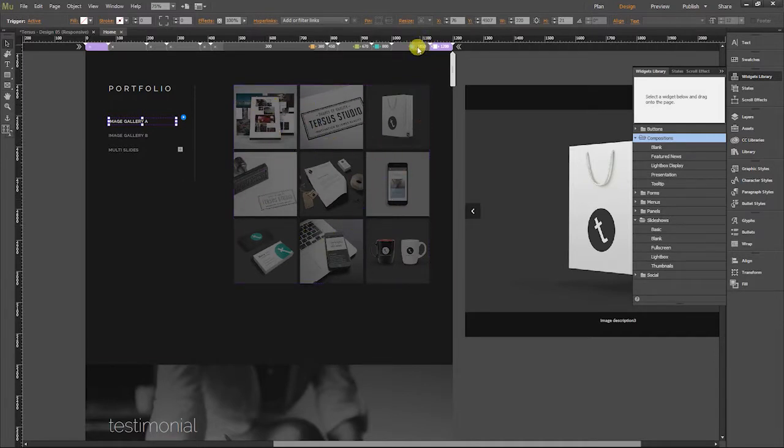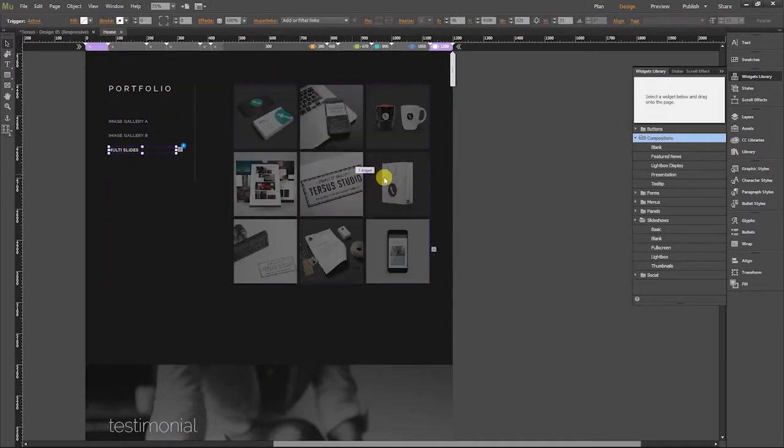Once I have the size, I rearrange everything in every breakpoint, and once I have that set, I created this multi slides and I match the size